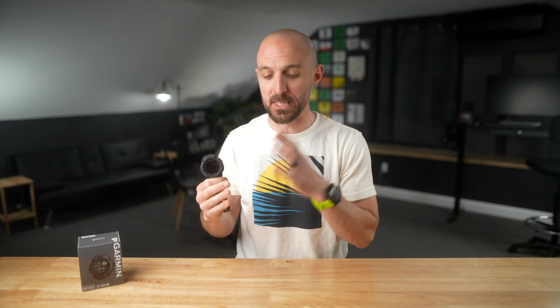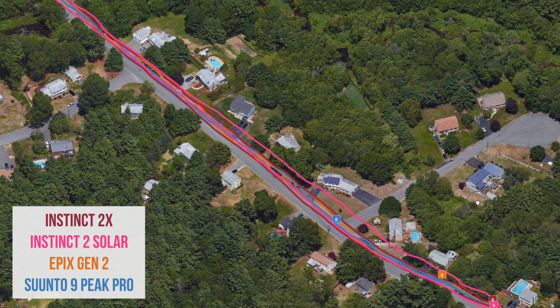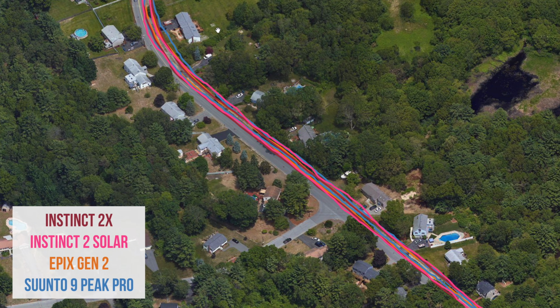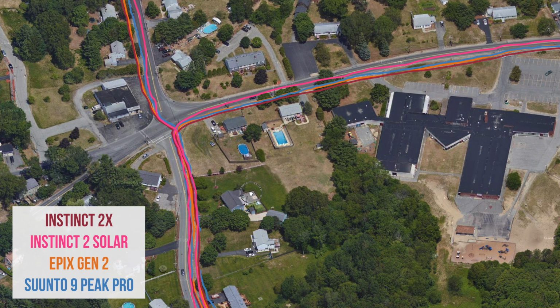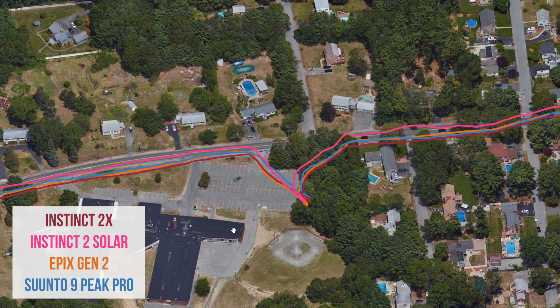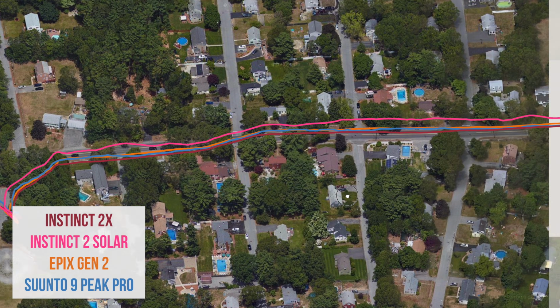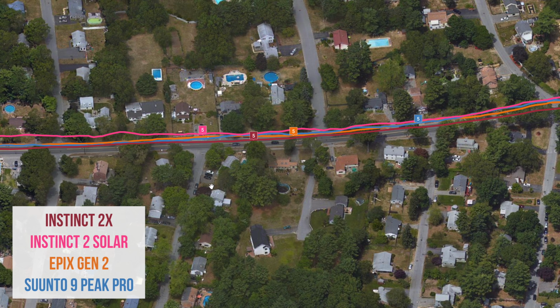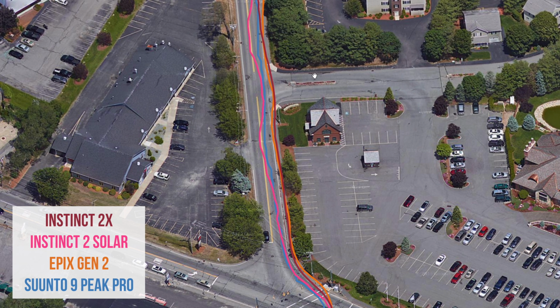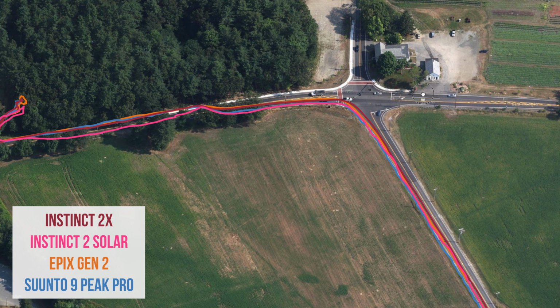The Instinct 2X shares the same GPS chipset found in the Garmin Fenix 7X, the Epix Gen 2, and a few other Garmin watches, and because of that, the results are very similar, which is a good thing. I've taken the Garmin Instinct 2X out on a whole bunch of different runs, while also wearing the Garmin Epix Gen 2, the Apple Watch Ultra, the Suunto 9 Peak Pro, and a few other test devices, and in most cases, the Instinct 2X was a top performer. I'm getting really good GPS accuracy on the Instinct 2X, and in some cases, it's actually beating out the more expensive Garmin Fenix 7X or $1,000 Epix Gen 2,